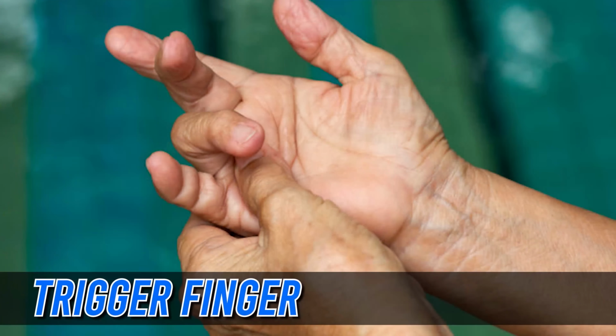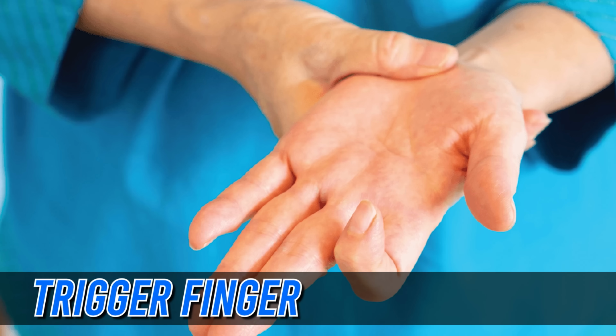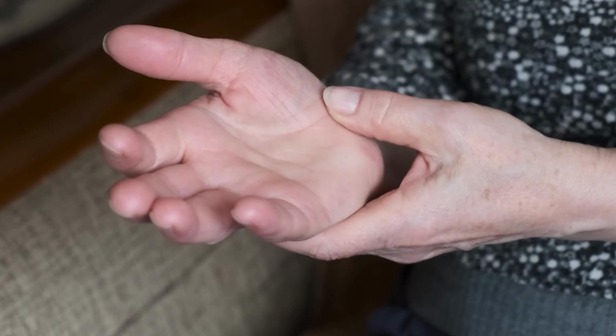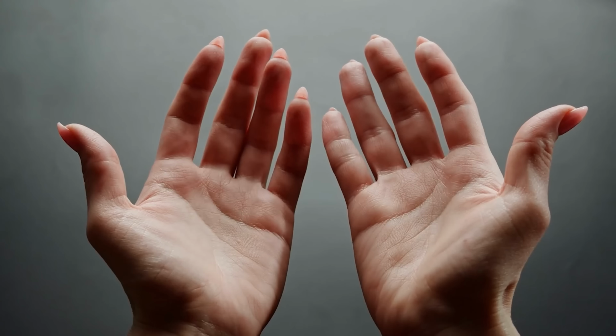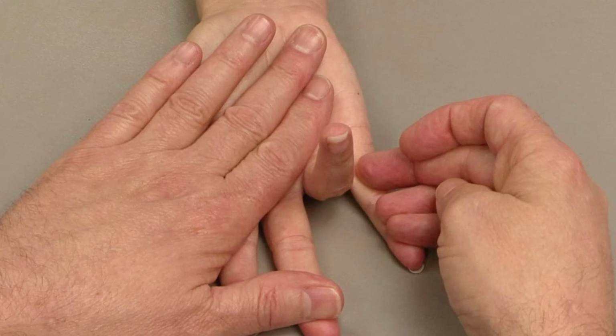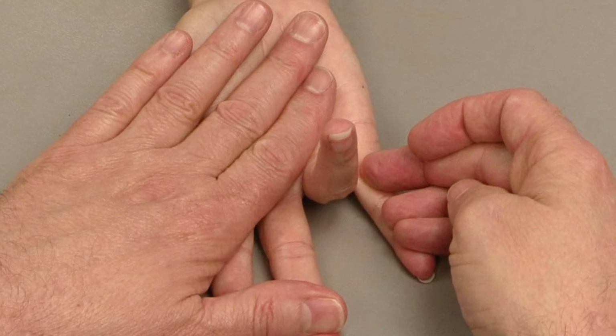Watch these finger signs if you have diabetes. Talking about trigger finger, a nasty thing that can happen to any diabetic. Pain or discomfort at the tips of your fingers or thumb that won't go away. When you move your finger, you hear a clicking sound. A benign growth at the tip of your finger or thumb, or worse, your finger is not moving anymore and